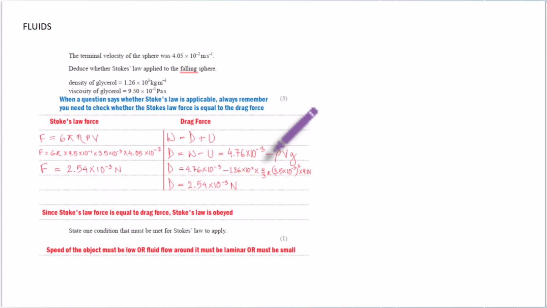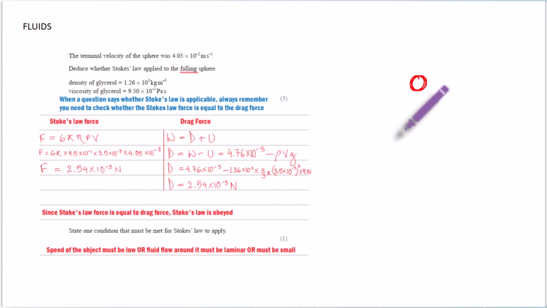Then this is a very straightforward concept. This might appear in your exam regarding Stokes' law. Sometimes they ask you whether Stokes' law is applied or not, or whether Stokes' law is applicable. So in questions like this, all you have to do is find out Stokes' law force using F equals 6 pi eta rv, and then separately find out the drag force using, if it's a falling ball, and always remember